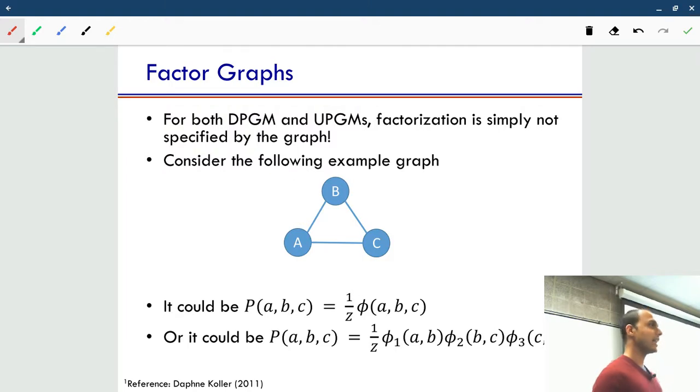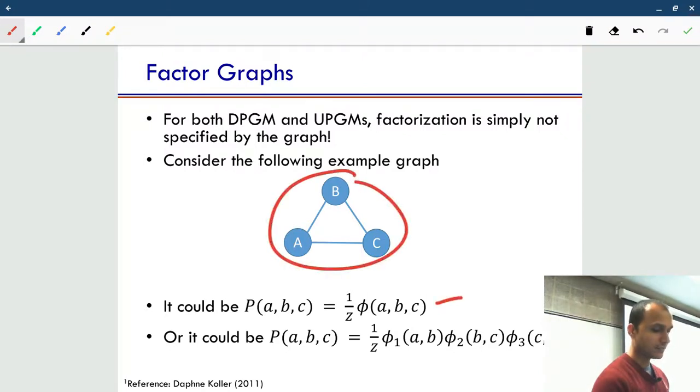Common in the sense that last time we looked at two different graph styles, right? Directed graphs and undirected graphs. Both encode certain metadata, this is conditional independence information, but the graphs are not sufficient for us to actually write the factorization of the joint distribution. By which I mean that if you have a graph like this, it could have, let's think of